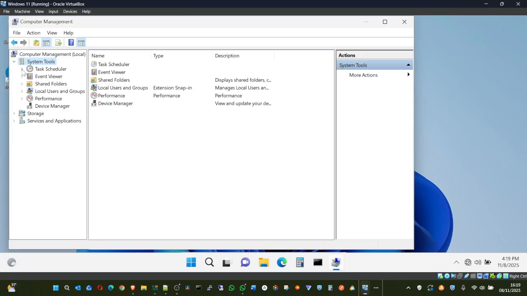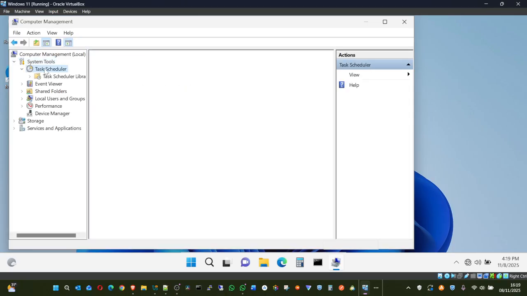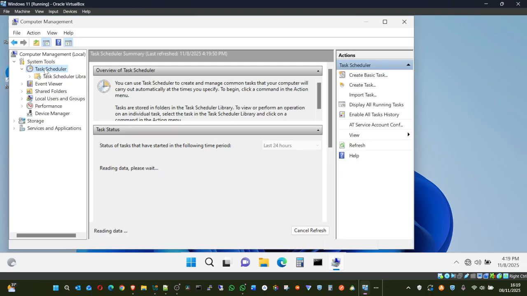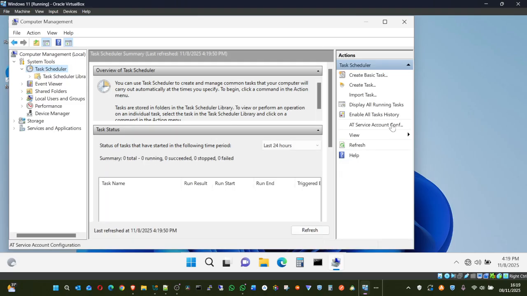Under system tools, we can first look at task scheduler. Under task scheduler, that is where different activities run on the system. Just like your phone, you have an alarm that once it's 5:30 a.m., it should ring and wake you up that it's time to go to work. Then 6 o'clock, you need to start dressing for church service. The same thing, this one does all of this.